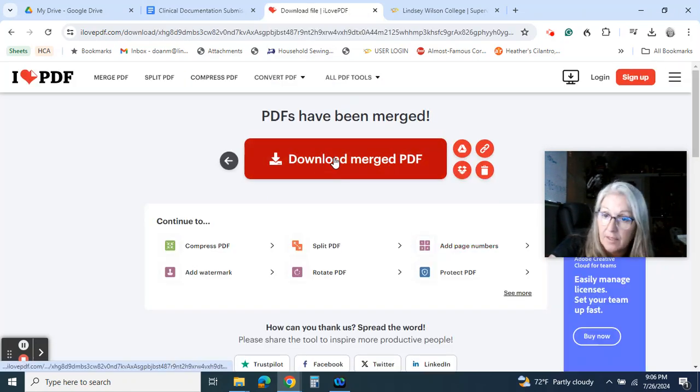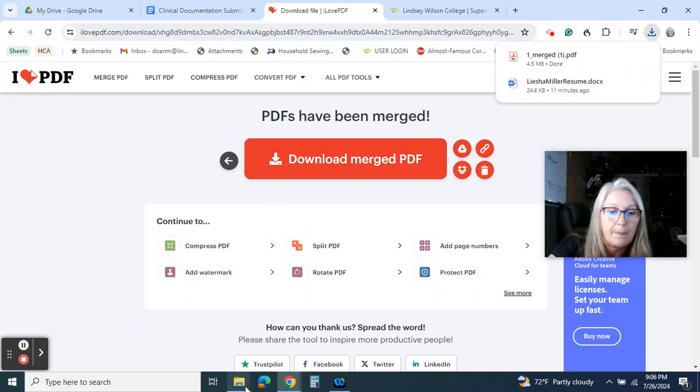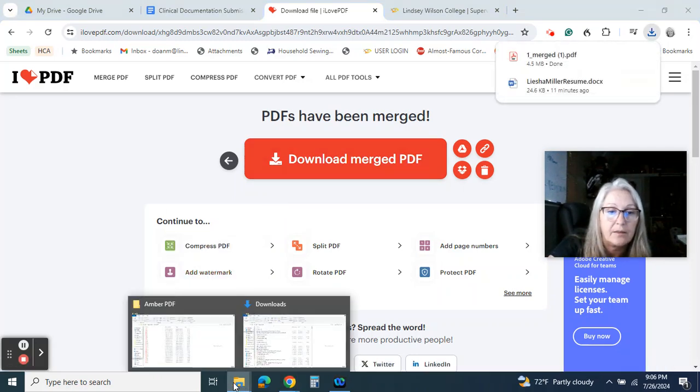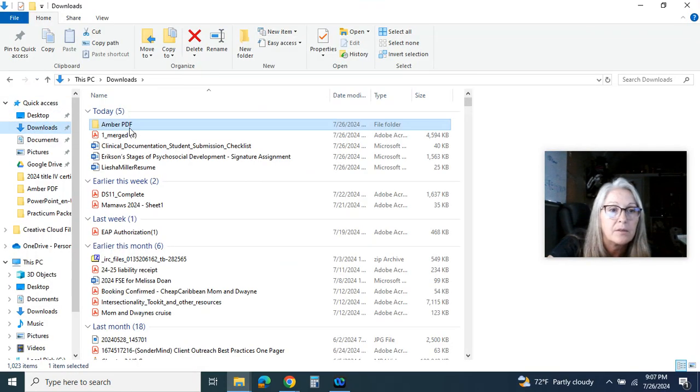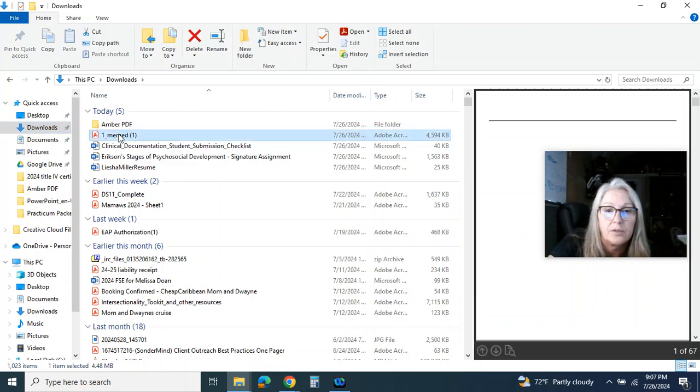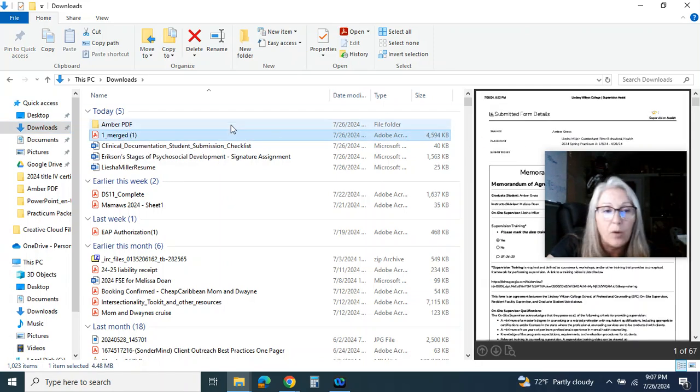Okay, it's merged my file. I'm going to download it now. Okay, now to double check that it downloaded, I'm going to go back here to my downloads, and there it is, merged one. So I don't need to open it back up or anything, but I do need to right click on it,